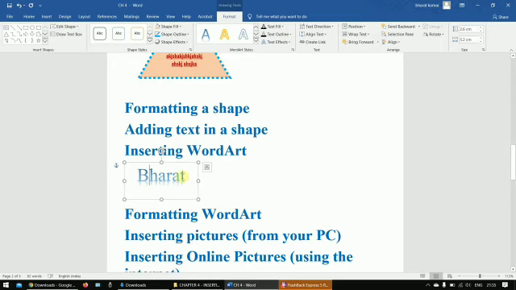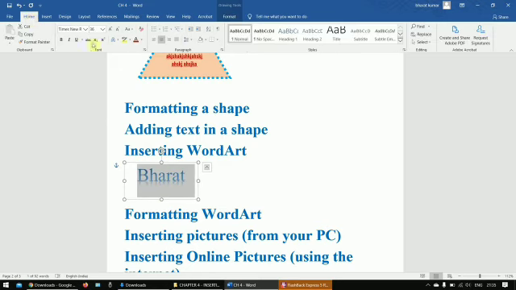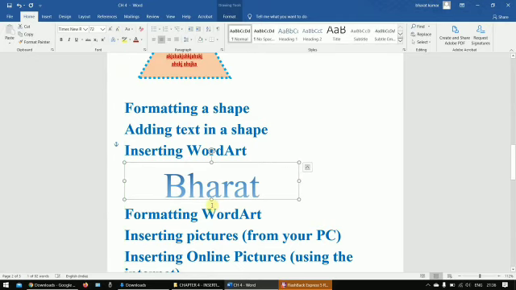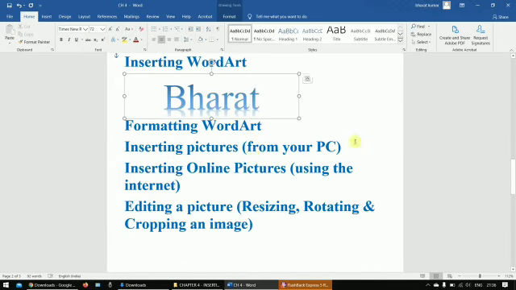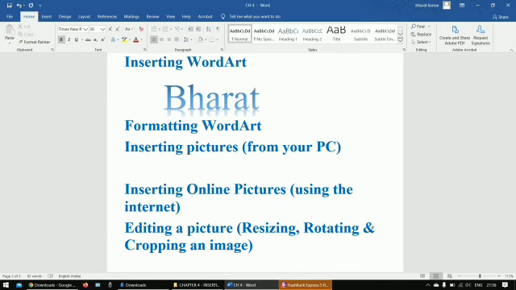Choose whatever suits you and whatever you require according to your document. We can change the color, size, style, and by dragging your mouse, you can change the size of your word art. So we have formatted our word art very easily.